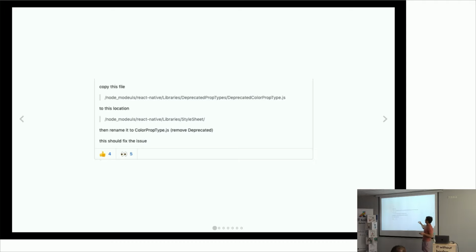I use VS Code, so you just go in the project, node_modules, React Native libraries, deprecated color prop types, and copy the file deprecated color prop type into node_modules, React Native library StyleSheet, and then remove the word deprecated. Like, this is the resolution for your project not compiling after updating to the latest version of React Native.